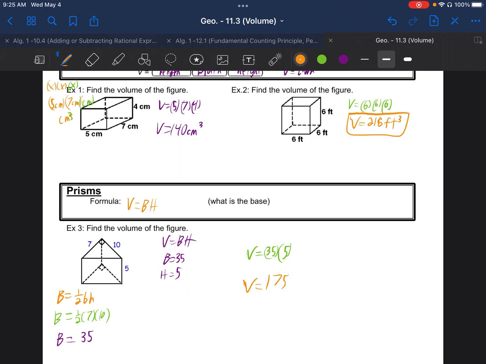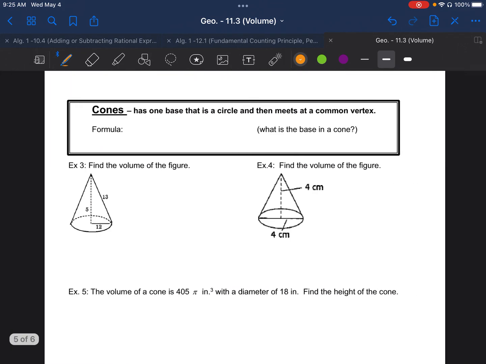And we don't know our units. So what I'm going to have us write, just to get into a habit of knowing what units we have, is to make sure it's cubic units. So we'll put units rather than centimeters or meters or feet, because we don't know what it is. All right,